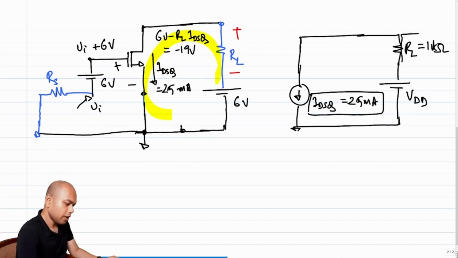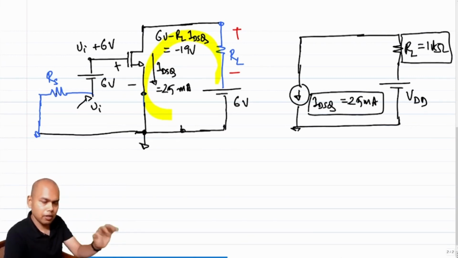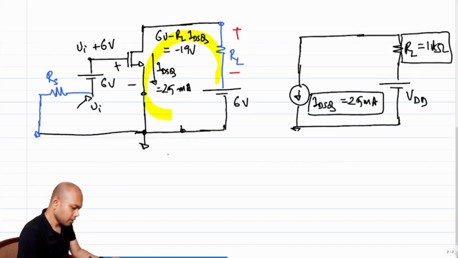RL, can we change RL? We cannot change RL because RL has been given by a specification that we need to get a gain of 10 across RL. So what else can we change? Obviously we can change VDD, right? So now the question boils down to, what is the minimum VDD? Find VDD minimum